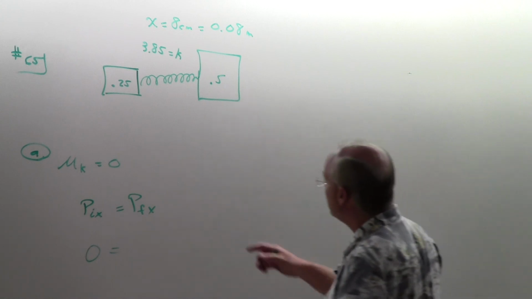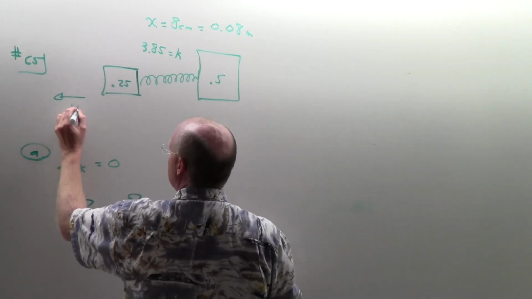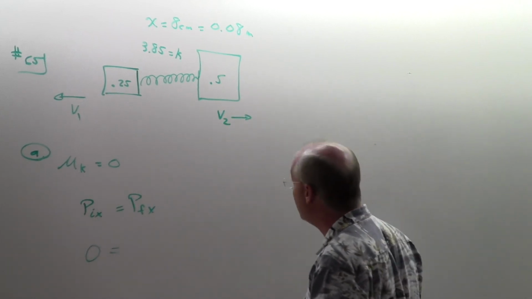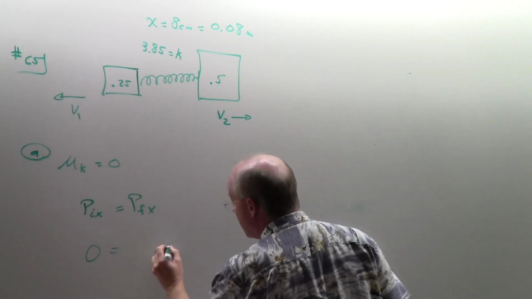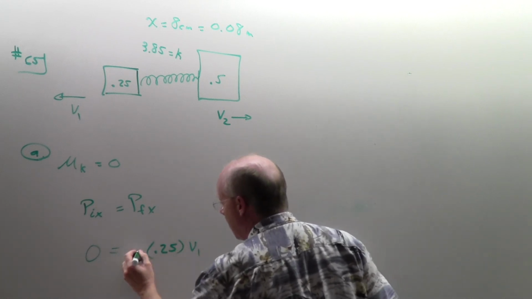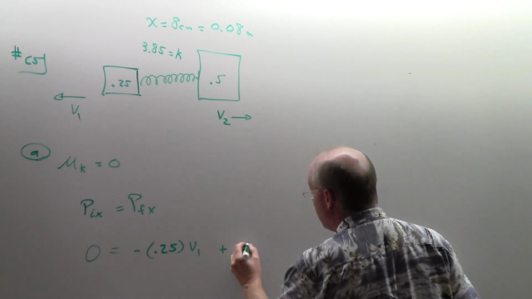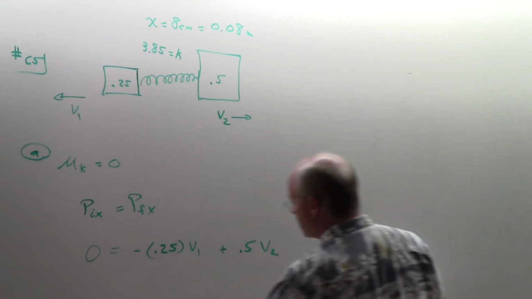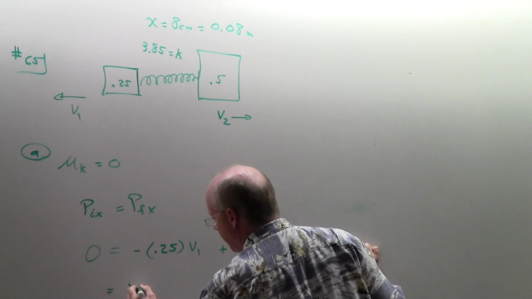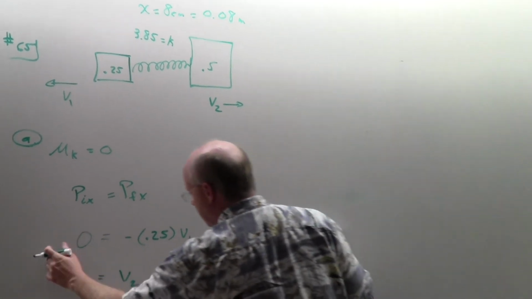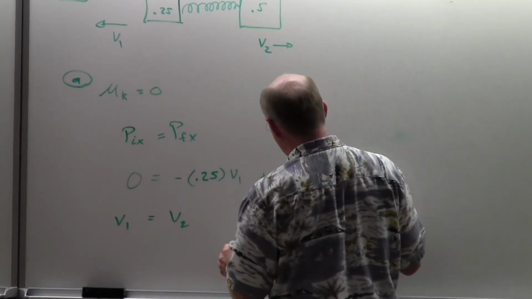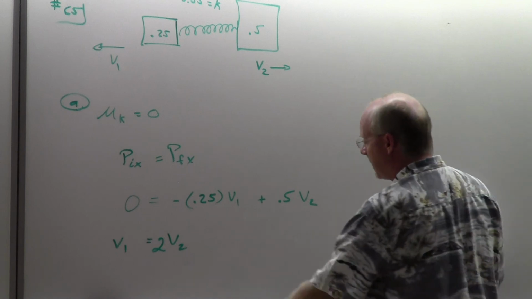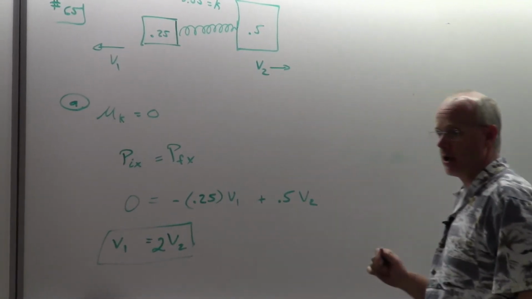And so then this one goes shooting out, which I will call velocity v1, and this one goes shooting out the other direction, which I'll call velocity v2. And so what I would have is a 0.25 for the mass and a v1, but that would be in the negative direction. And the other one would be 0.5 v2, and that would be in the positive direction. And so as I solve the math here, and I move this to the other side and then divide by the 0.25, I get this for my mathematics,